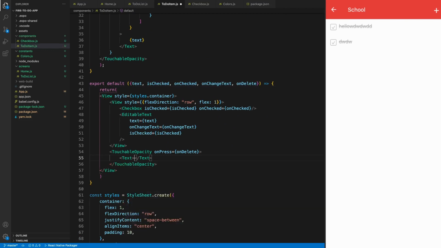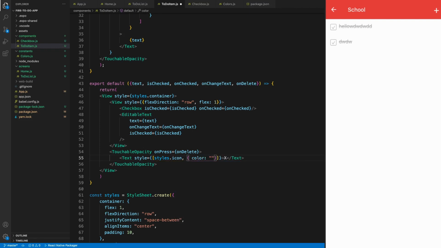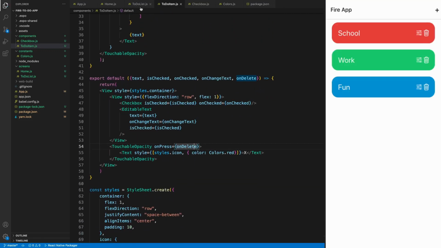And I'm just going to put the X button right here. I mean the X letter, so it looks like a nice remove button, and then we'll style it to be styles.icon. And then I'm going to set the color to colors.red. Save that, and then on the